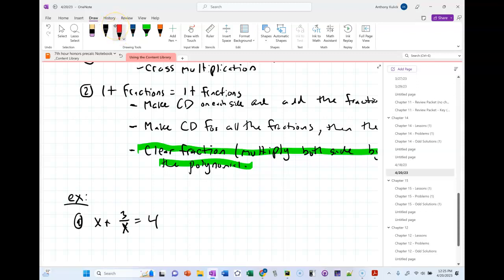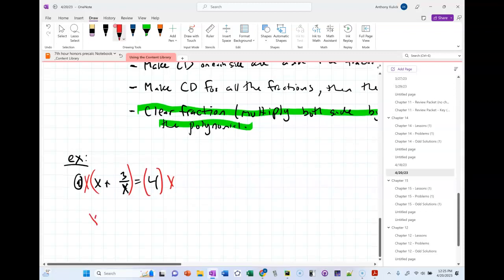Good. So the least common denominator should be just x, right? So I'm going to multiply both sides by x. So I get x squared plus 3 equals 4x. The polynomial I'm left with is a